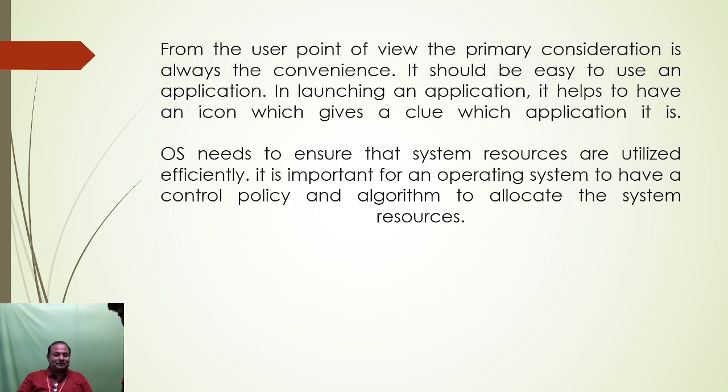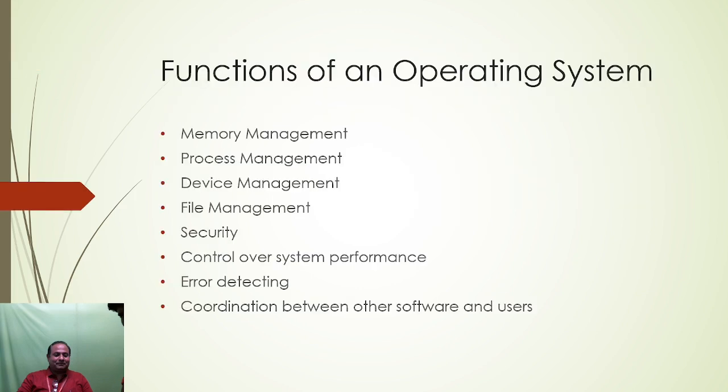From the system point of view, the operating system helps to maximize the utilization of the resources. For example, in our system, suppose we have 5 resources, the operating system allocates the resources to each and every user. For example, if somebody is printing and some more people are waiting for printing, then when the printer becomes available, the operating system automatically allocates the resource to the next user. So the operating system helps to increase the utilization of the resources. From the system point of view, if you want to increase the utilization of the resources, then we need the operating system.